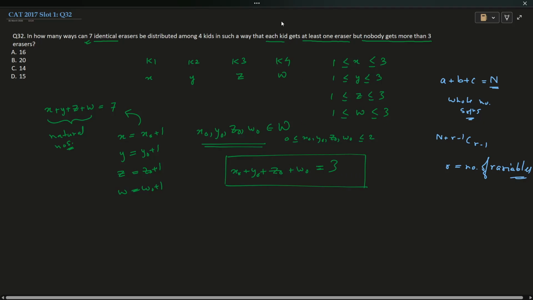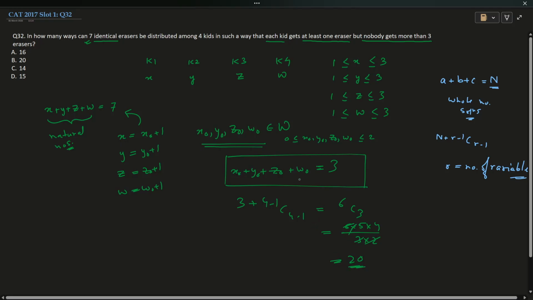So if I use this, what is n? 3. What is r? 4. So 4 minus 1... r is 4, so I will get 6C3, guys. Here this can be 6 into 5 into 4 by 3 into 2. So I'll get 20, right? Yes. But guys, please remember 20 is not the correct answer. Please don't mark 20 as your answer once you get this,